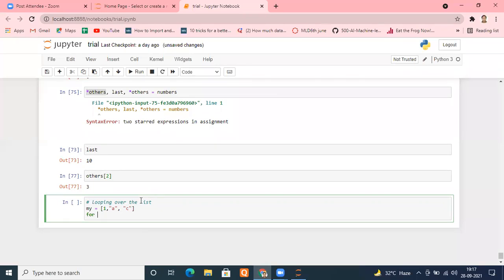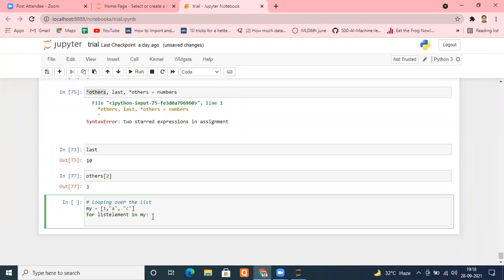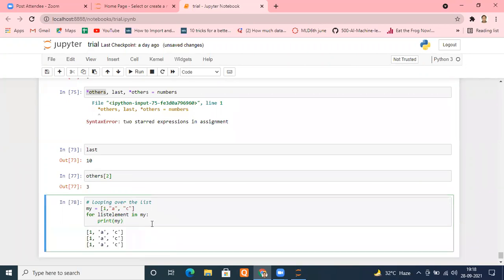For example, I said list element. For the list element in my, because my list name is my. Suppose I want to print them. I want to access them. Whatever I want, print my. So what it will do? It will first print 1, then A, and then C.